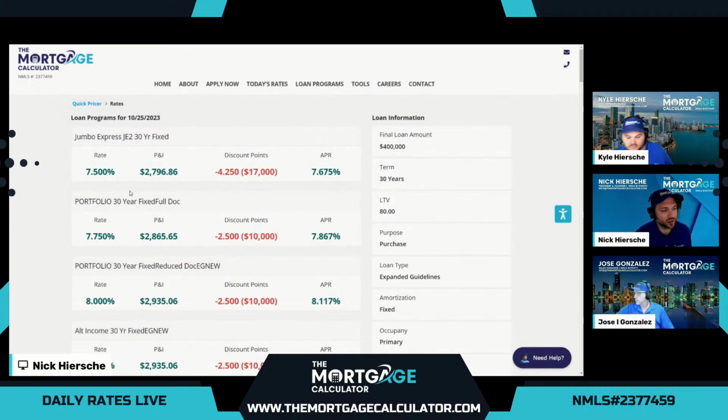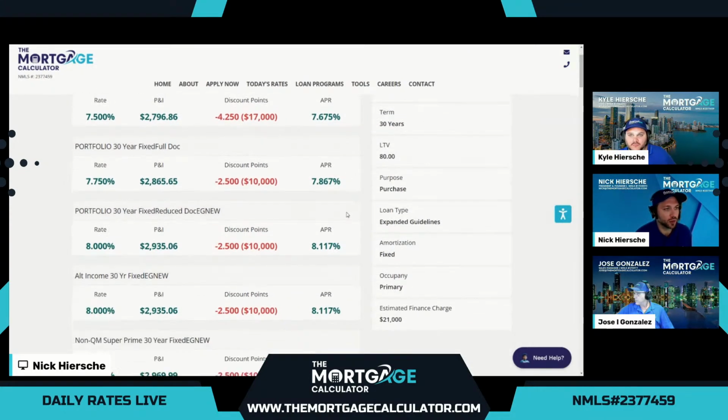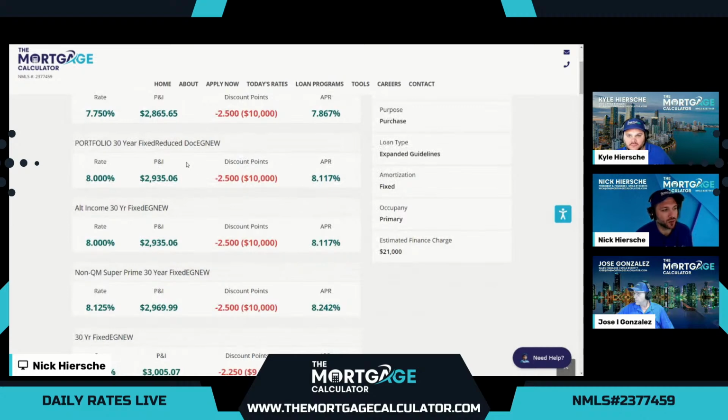So again, with the rates going crazy, some weird options are popping up. Let's focus on the ones I want to focus on here. The best option here for bank statement, 8% rate for 2.5 discount points and costs, puts the final APR at 8.117. Those other options are not realistic here. This is the best option for just a touch above conventional. We were beating conventional for a couple days. Today it looks like conventional is beating us by a touch, but again, great option, very comparable to conventional now, more so than it ever has been.